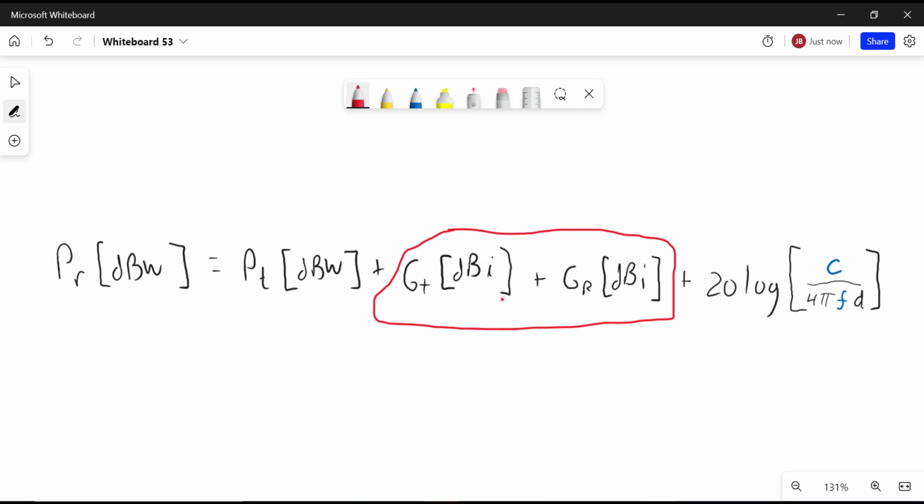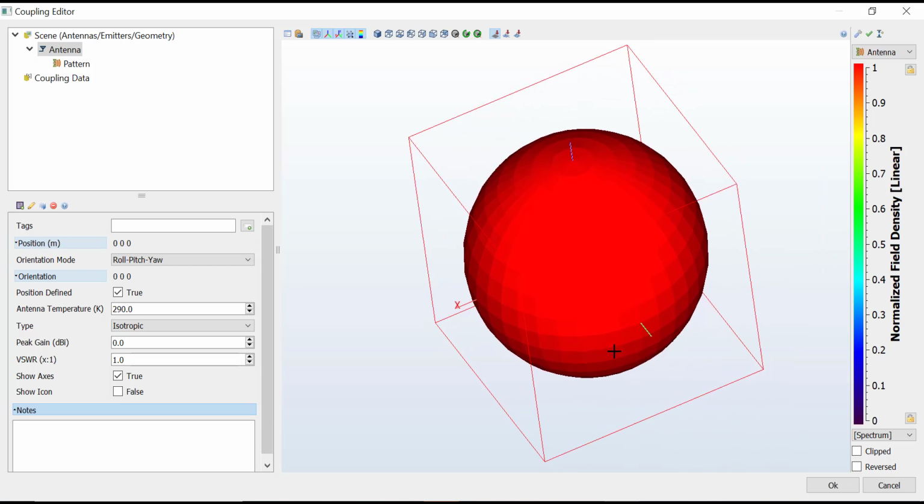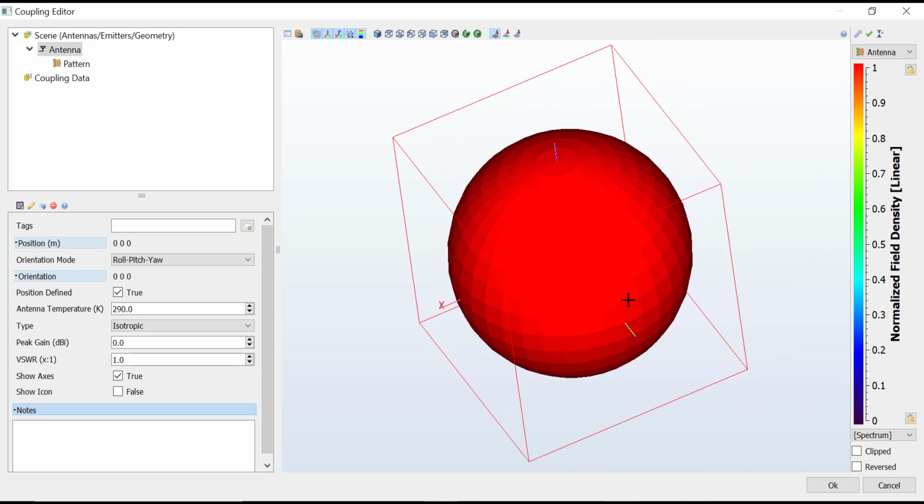It's very important to have a little bit of context on this. I stands for isotropic, which means it's uniform in all directions. So if I can give you an example from one of our other solvers inside of Electronics Desktop, these are generic antenna models, and this is actually showing you what we mean by isotropic. It's not an antenna that exists in real life, but it's often used to reference the performance